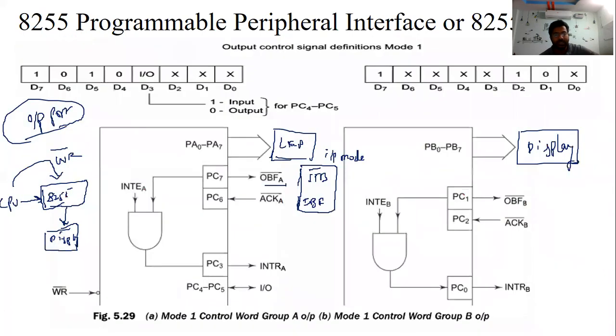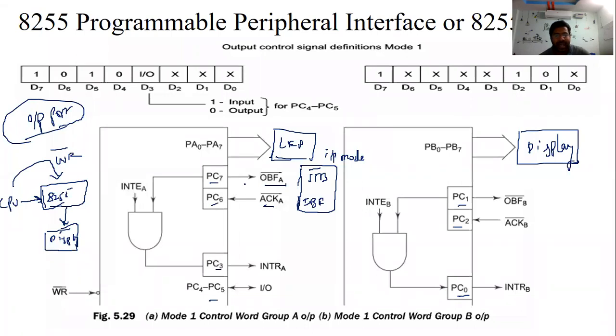But in the output case, it is OBF, and this is the acknowledgement. Who can generate this OBF? The OBF, acknowledgement and interrupt signals are generated and utilized from the port C signals.